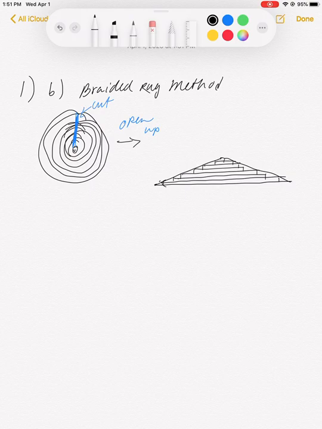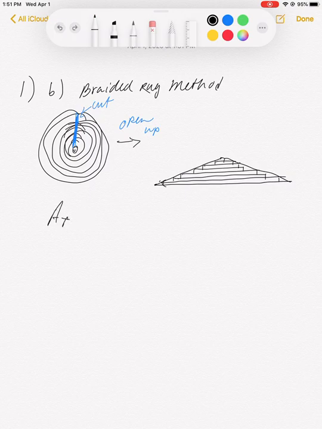And we're going to find the area of this triangle. I haven't taken any area away from this circle braided rug, and I haven't added any. So the area of the triangle is the same as the area of the circle. So let's go ahead and label these parts here. The area of the triangle,